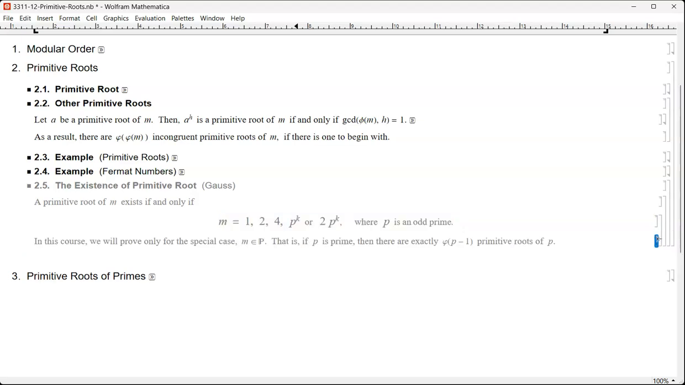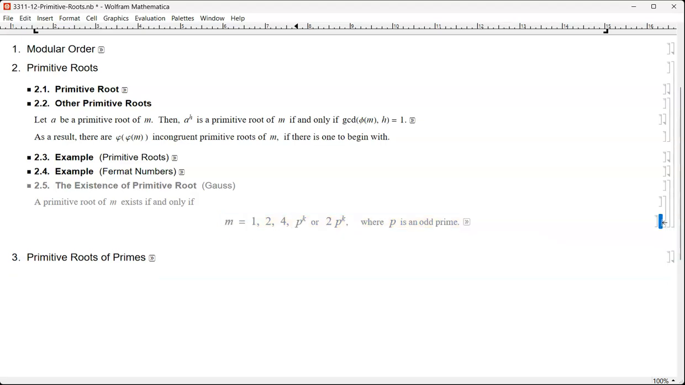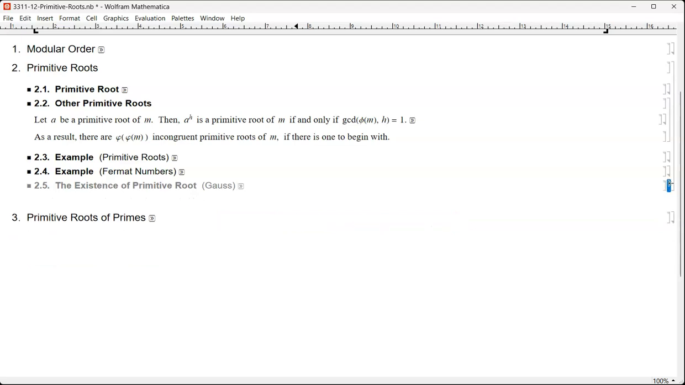It's too hard. So in this course, we will prove only for the special case where m is a prime number. So m is 2, and then just p to the first power, only up to that. As for the special cases, when m is 1, that's trivial, so I'll leave that to you. M is 4, that is easy too, so I'll leave that to you. But in general, we'll prove only up to m is prime. So for all prime numbers,